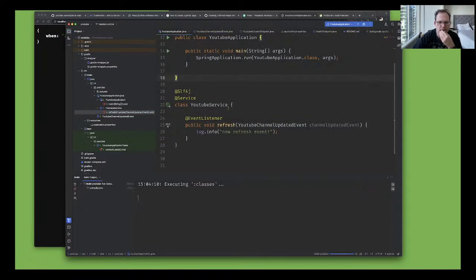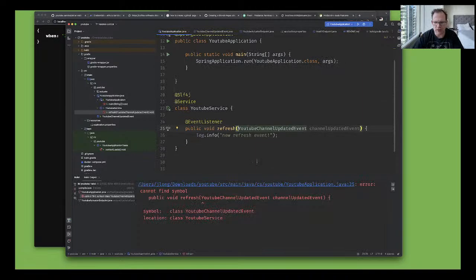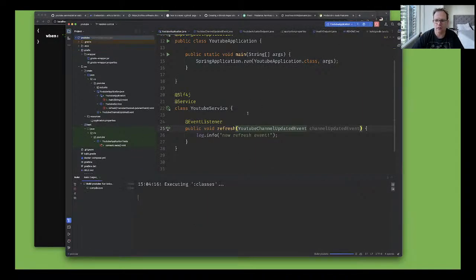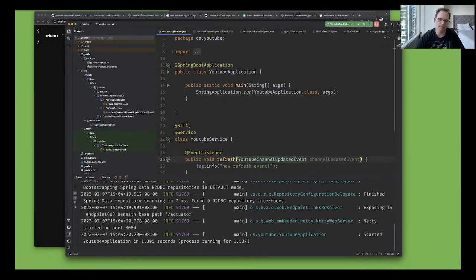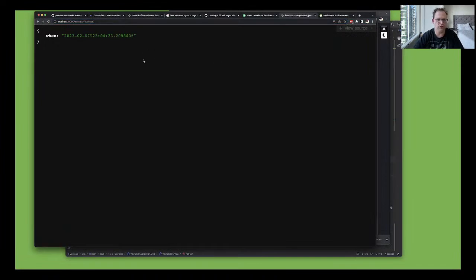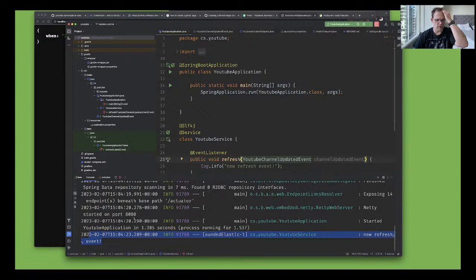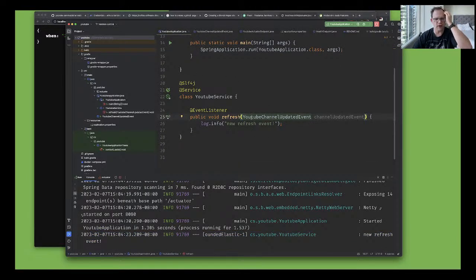Okay, did I appease the compiler? Nope, not yet. What is happening? Goodbye to that. Restart. Good. So just making sure that works. And there you go, new refresh event. So I go to the actuator endpoint, it triggers a refresh. We can assume that actuator endpoint is kind of like